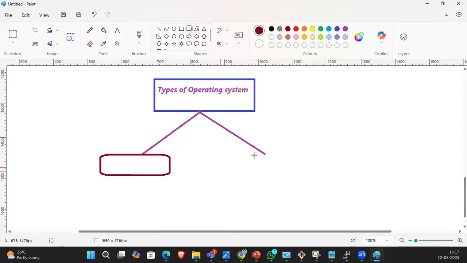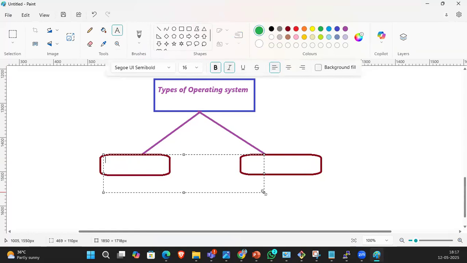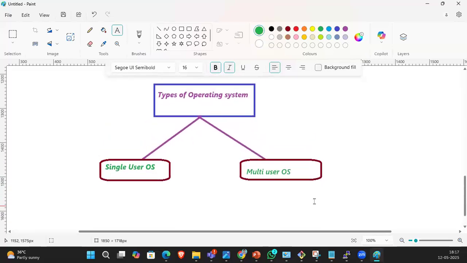We have two types of operating systems: one is the single user operating system and the other is the multi-user operating system. Guys, can you tell me an example of a single user and a multi-user operating system?